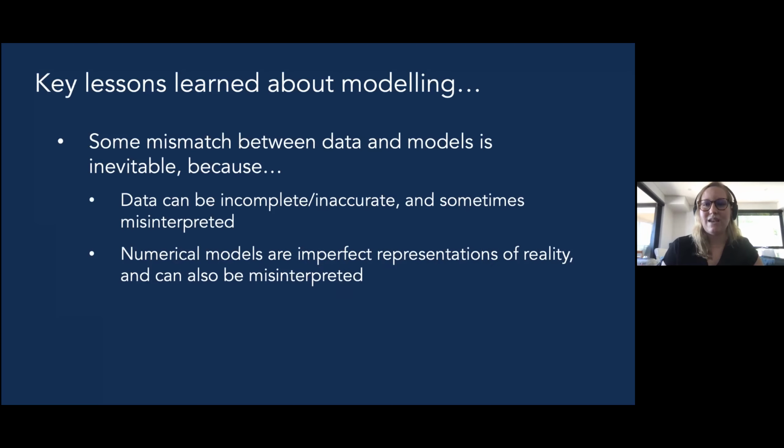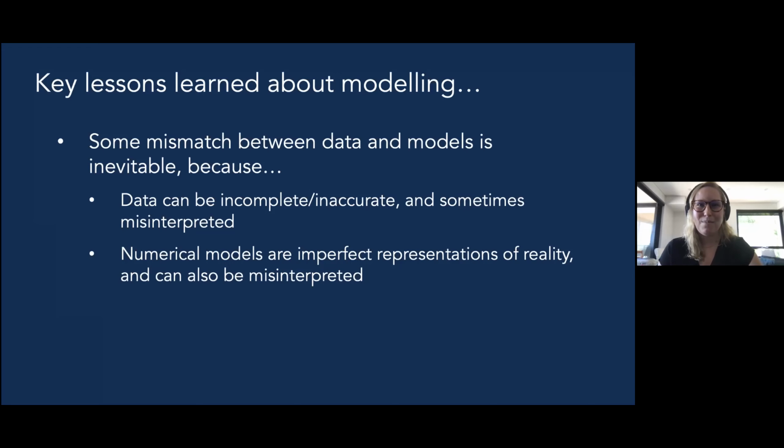And the second reason is that numerical models are imperfect representations of reality, and they are also misinterpreted at times. And so the mismatch can be the fault of the model as well. And these are two end-member scenarios, and the reality is probably somewhere in between. And the fact that there are data-model mismatches is not reassuring if you want to produce accurate predictions with